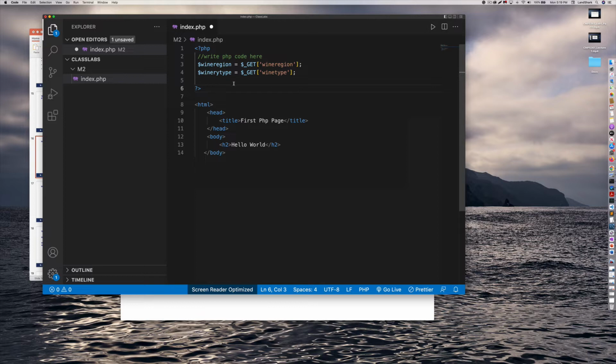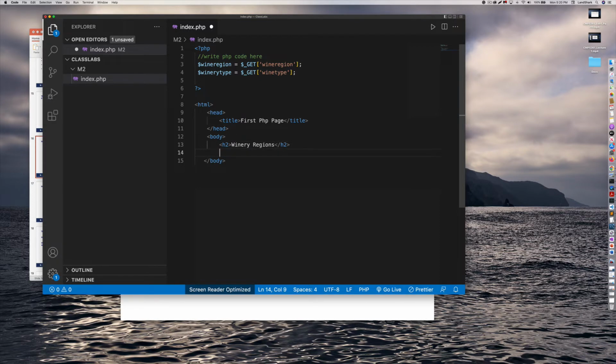All right. So I save that, and then I want to display the values at the bottom. What I found. Okay, what we found up here, what we're looking for. So what I could do is I'll change this and say winery regions,